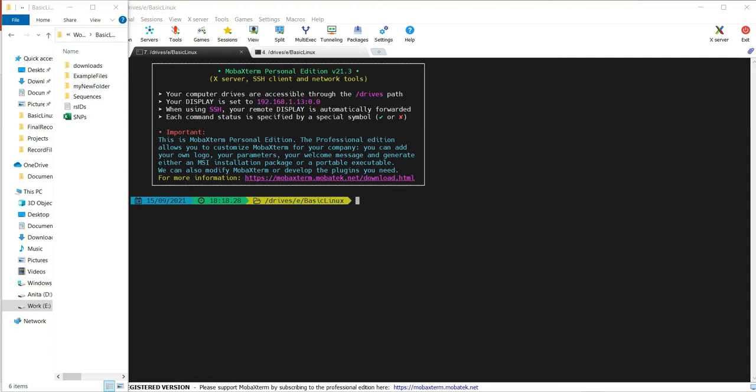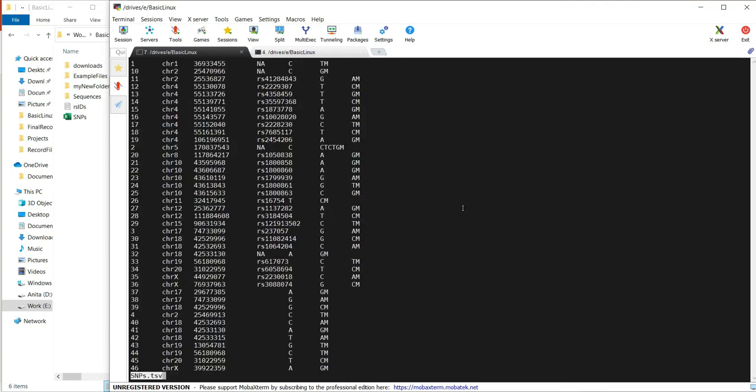smp.tsv as an example. Before we start sorting, let's see what this file looks like. If I press enter, the less command has shown me the file. It has first a serial number column, then the chromosome number, then the chromosome position, and then the RSID, reference allele and alternate allele.